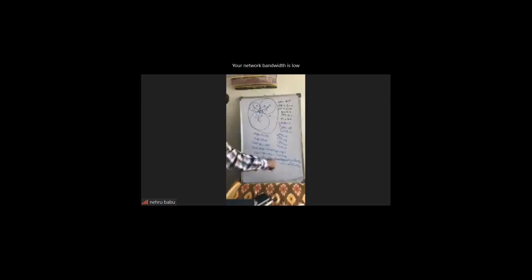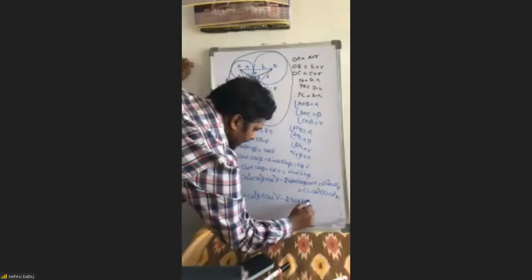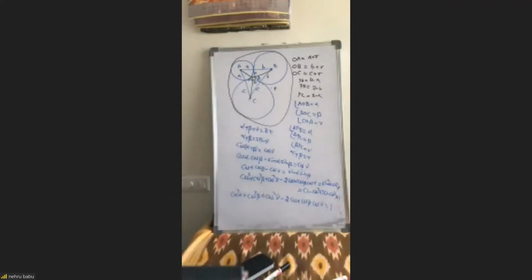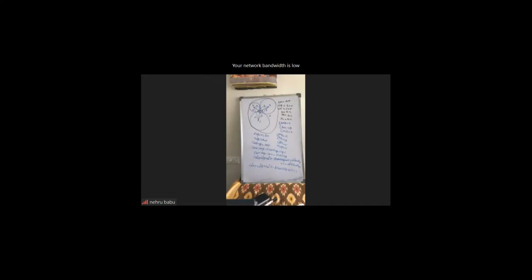Now if you simplify this result, the cos square alpha cos square beta term is cancelled. The remaining terms: cos square alpha plus cos square beta plus cos square gamma minus 2 cos alpha cos beta cos gamma equals 1. So if alpha plus beta plus gamma equals 360 degrees, then cos square alpha plus cos square beta plus cos square gamma minus 2 cos alpha cos beta cos gamma equals 1. Just note down the steps. The space is not sufficient, at least 2 to 3 times I have to write all the calculations.